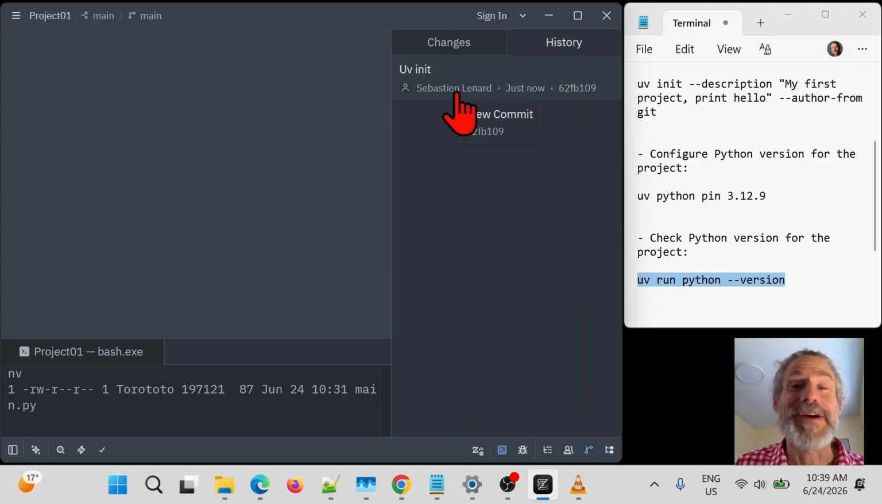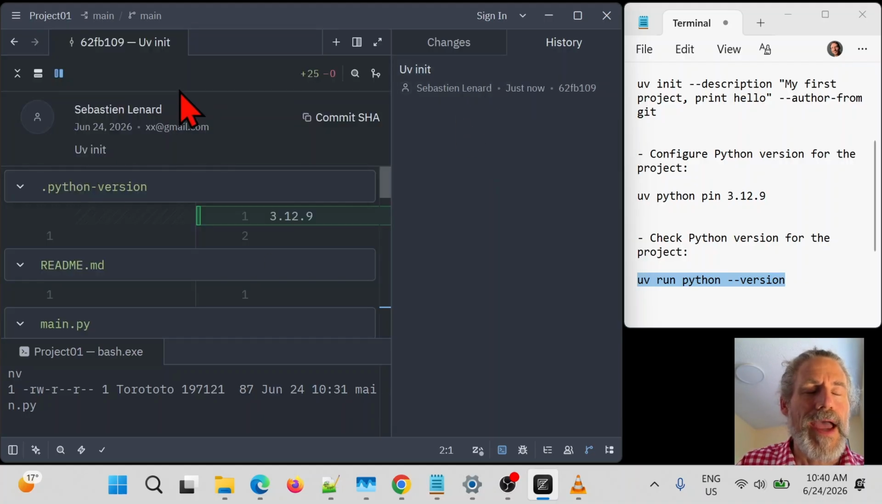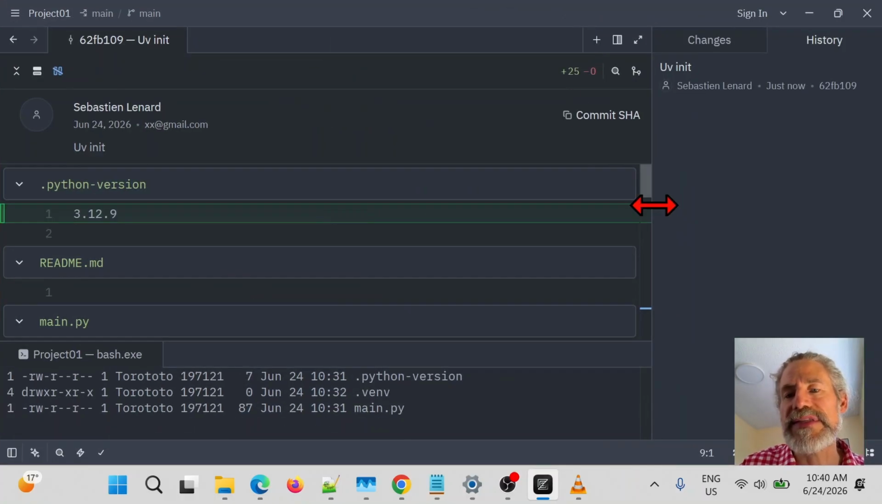You see yourself, actually, the person who did the commit, and the date, and the code, actually, the ID of the commit. So you can click on this uv init commit. And you have on the left a panel that describes all the modifications that have been done in this saving